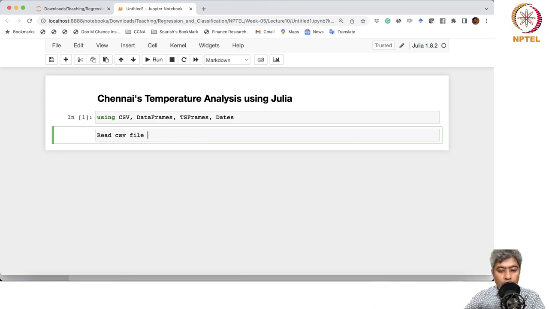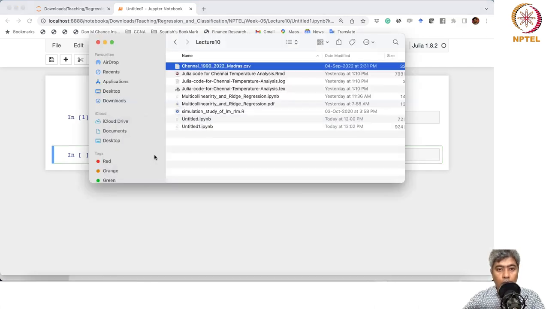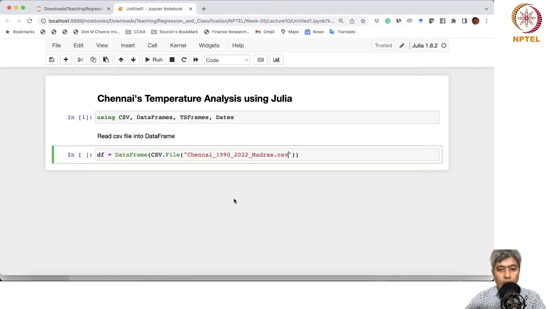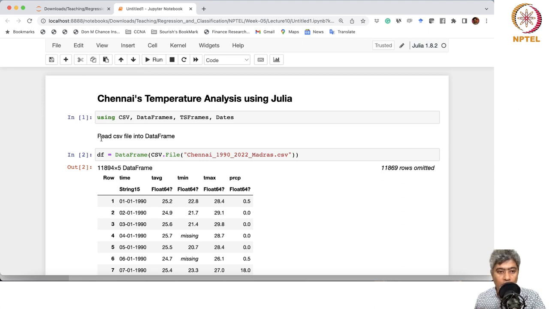So what we will do, we'll say df equals DataFrame from CSV.File, we'll open quotes, and then this is the file that we want to read, and let us run that. So it has read 11,894 rows and